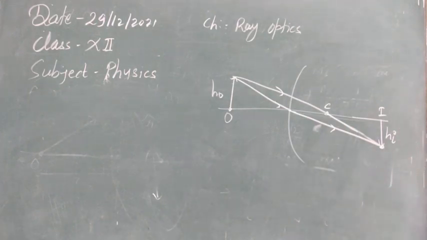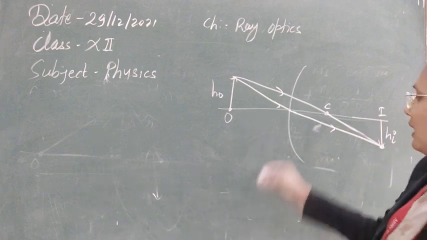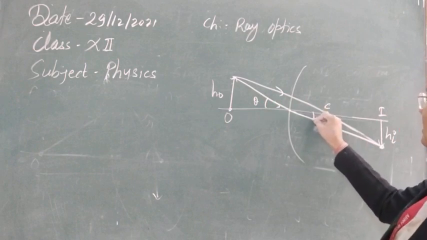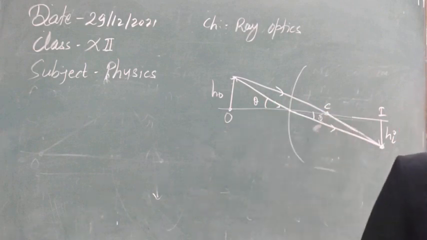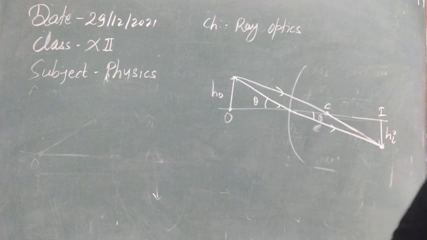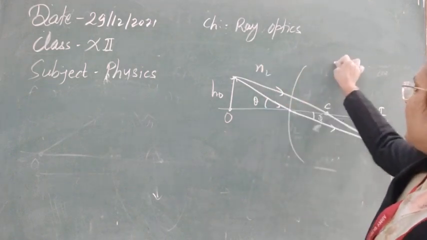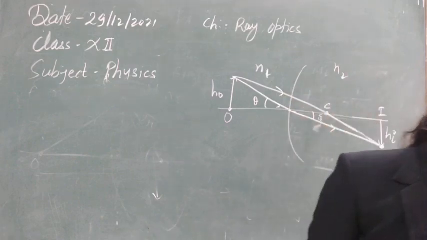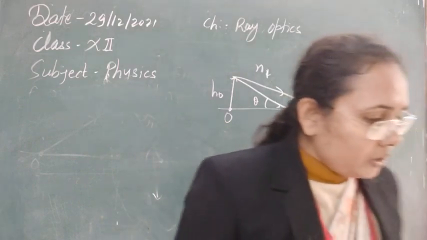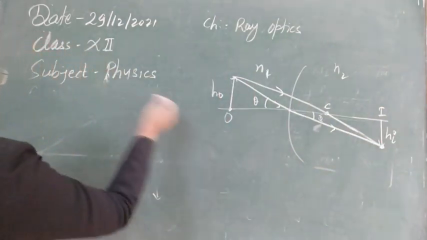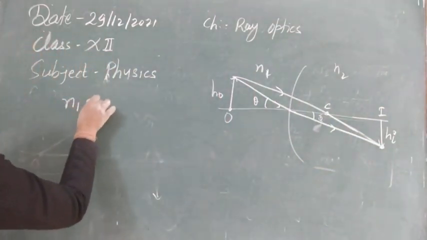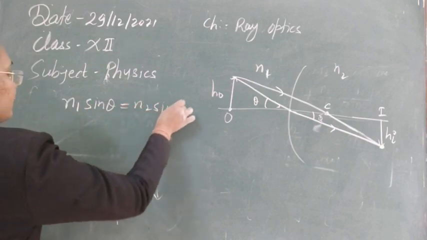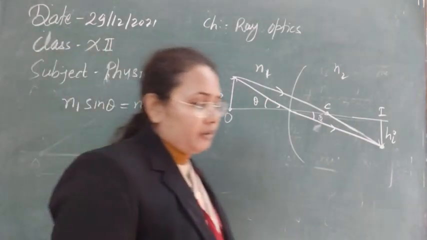And so, for example, let's take the height of this image, or the extension of the image, as hi from here. Now in this one, the angle of incidence we have taken as theta, the angle of refraction we have taken as phi, and the media between these two are the N1 and N2 media. So let's apply Snell's law here. According to that, you will get N1 sine of theta equal to N2 sine of phi.